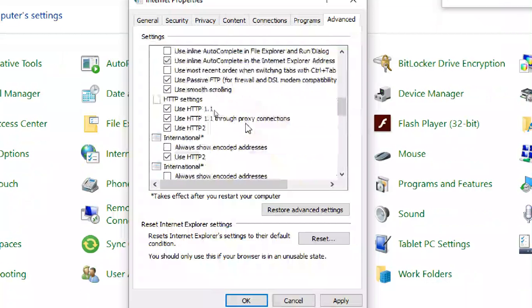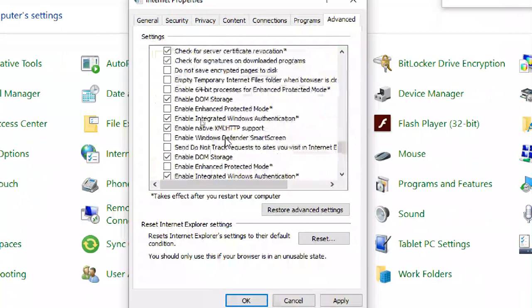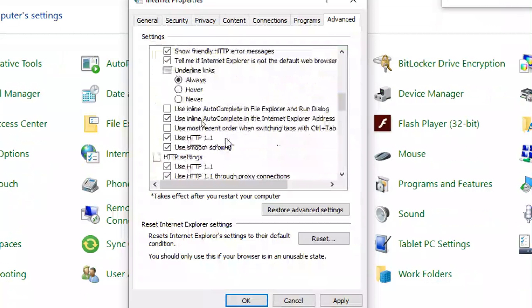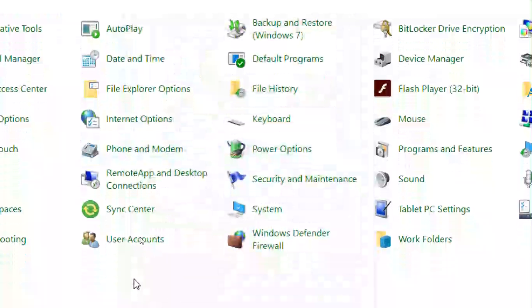Advanced. You can go through advanced certificate models, security, and what to display, what not to display, like media control is also there in advanced. That's it. So 1 second, I will.